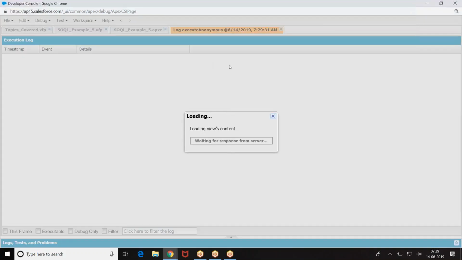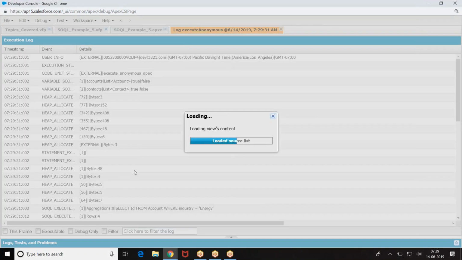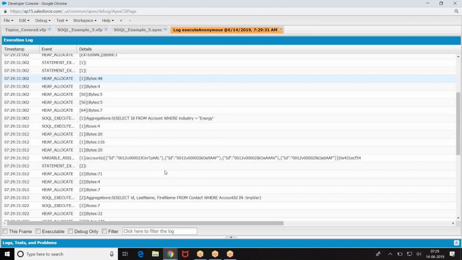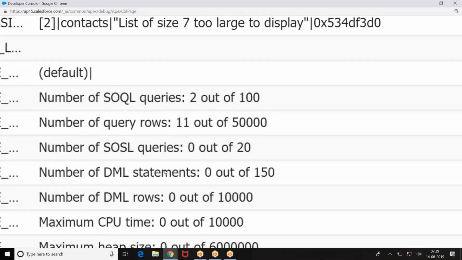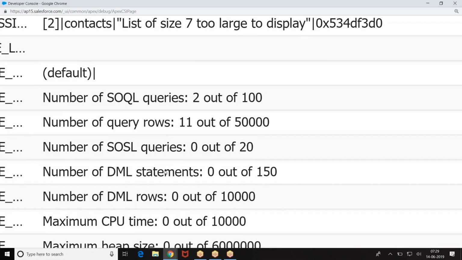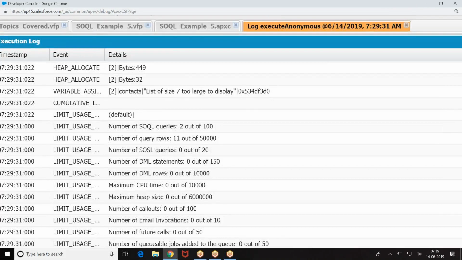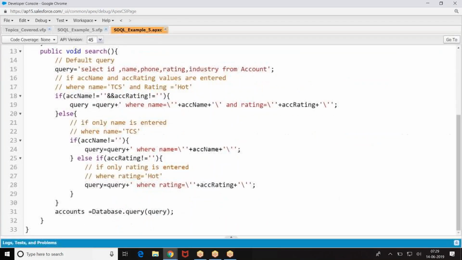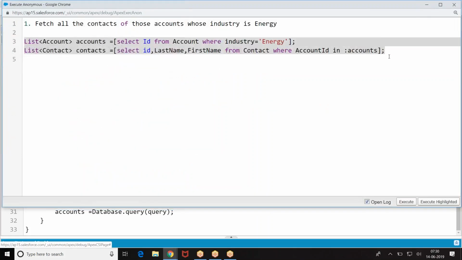Let us see the execution. Look at this. How many SQL queries came? The number of records that we fetched is 11, and the number of SQL queries is 2. Number of records that we fetched is 2, number of SQL queries is 2. So how many SQL queries came? 2, because 2 queries are running separately. Was that clear? Okay. I hope you got the story. Now, this is how we got the query.